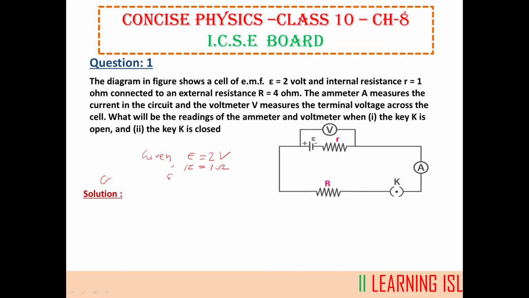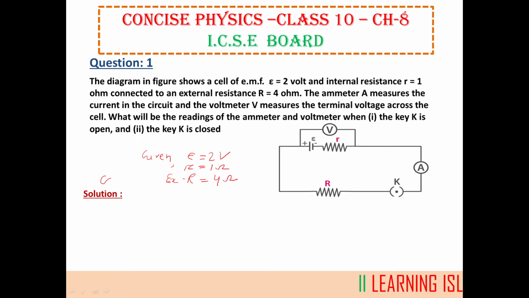The ammeter A measures the current in the circuit and the voltmeter B measures the terminal voltage across the cell. What will be the reading of the ammeter and voltmeter